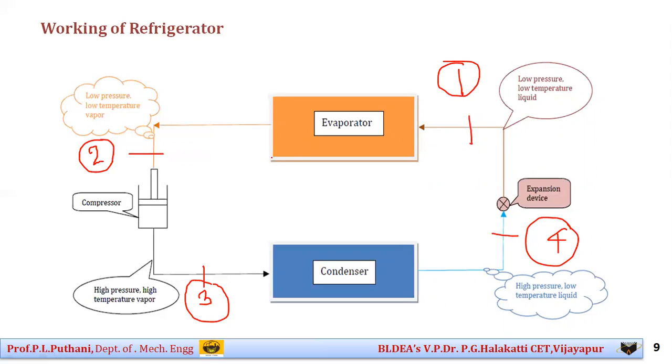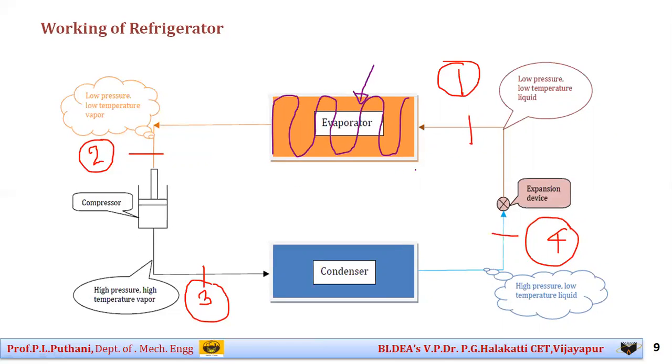Point number 2, students. Already I have discussed the first part which you have learnt, the evaporator. The evaporator is the part which is located inside the cabinet of a refrigerator. It is the part where we have a set of coiled tubes, and within the evaporator itself, the food material is being